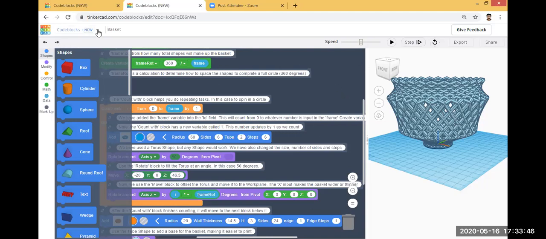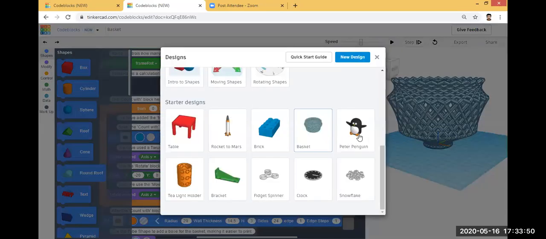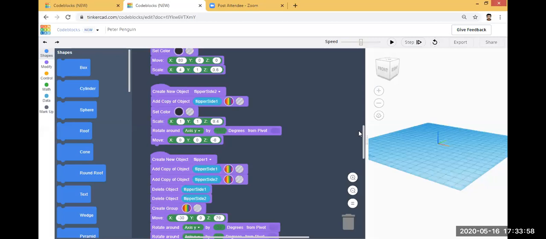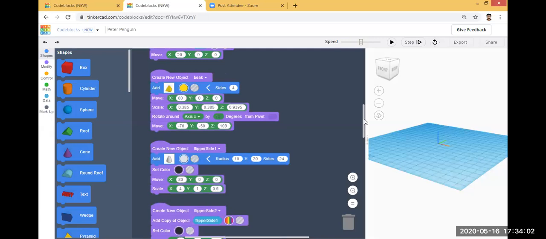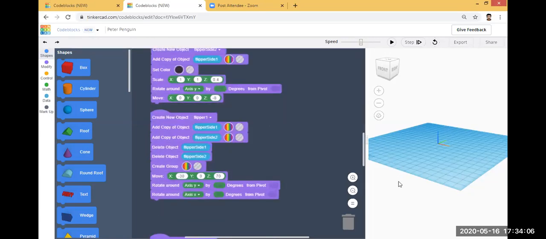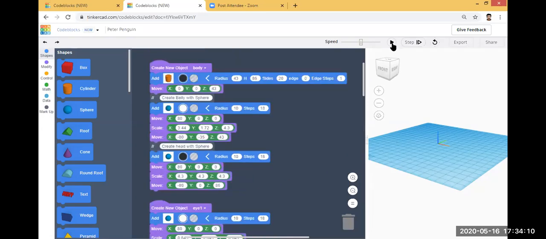So next example is the Peter penguin. You can see the code blocks. Then I will click the play button.